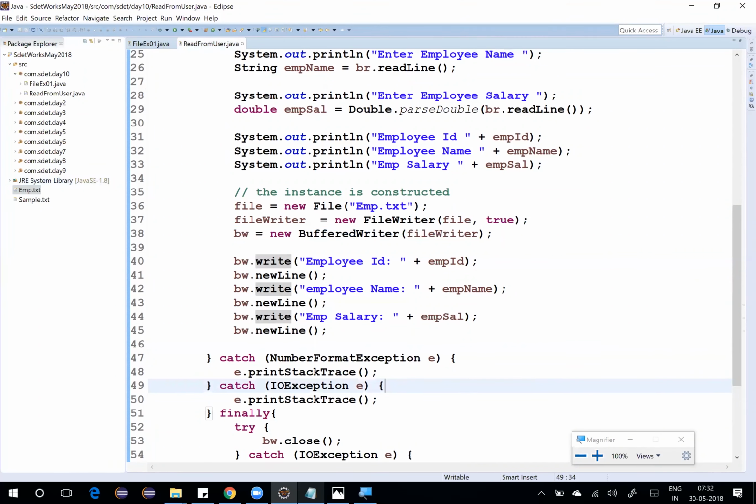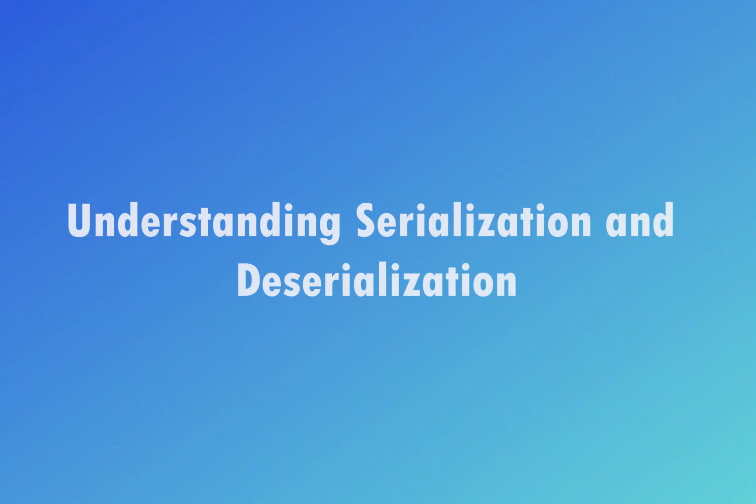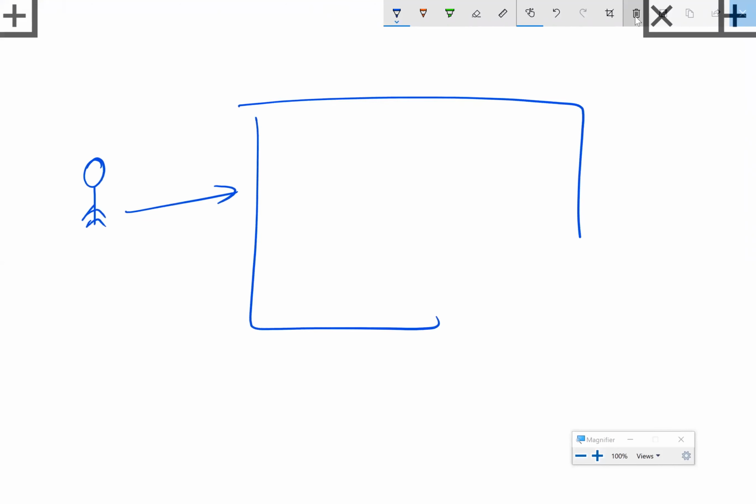So if you want to write text, they're pretty much the same. This time you are an end user, but you want to store or pull the data from the file, or you want to store the data to the file. So let's assume you have the same old story. Somewhere here you will have the JVM, or in the simplest terms, Java. What I want is to put some data, but this time it is not text data. For example, if I have a class which is called EMP,